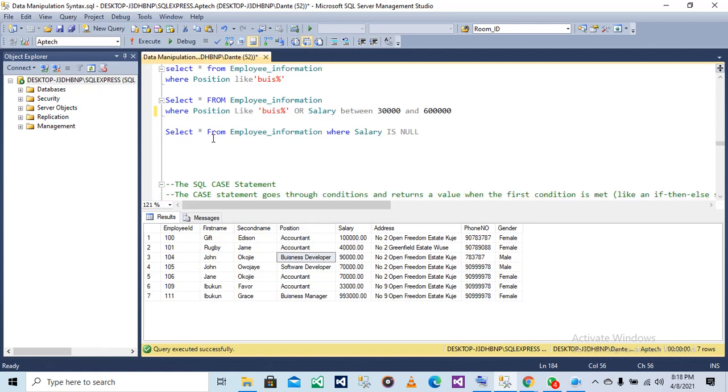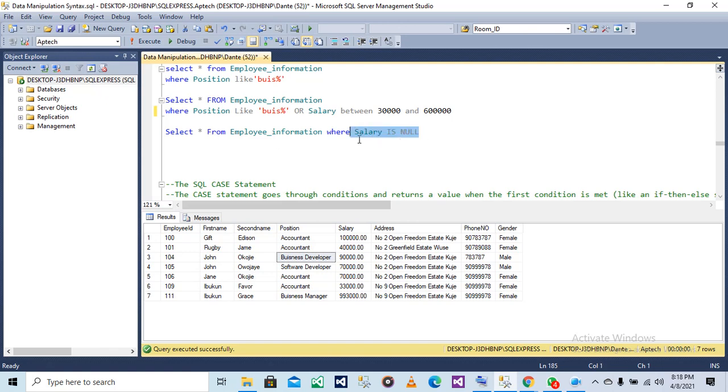So the next statement: select all from employee information where salary is null. I think it's also a very good statement. You're trying to find which rows are null under the salary column.